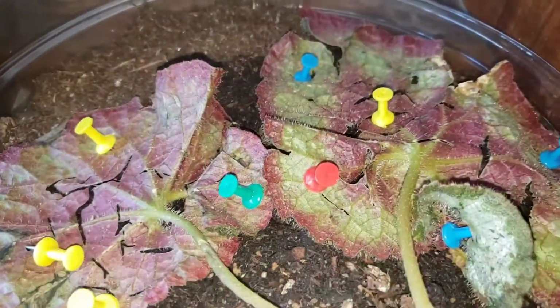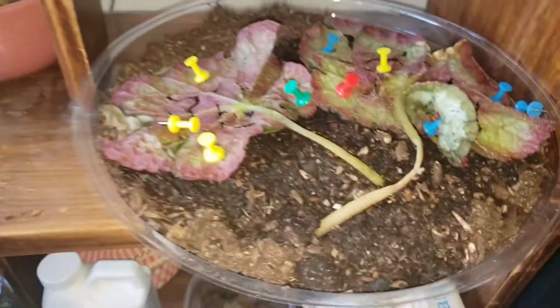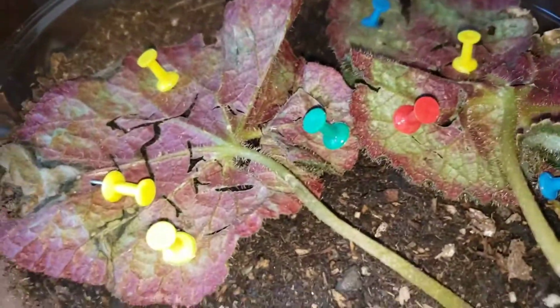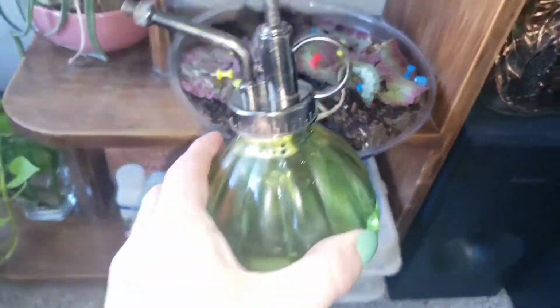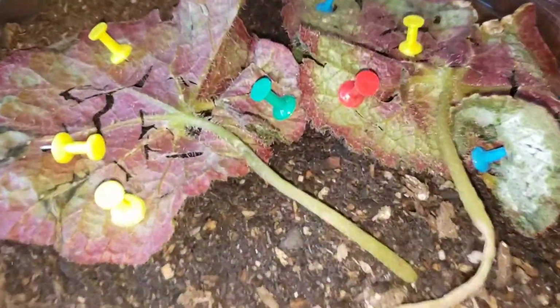Then we have got 1 Rex Begonia propagation, 2 Rex Begonia propagations. This is so new to my collection. I legitimately got it yesterday. Dropped the box when I got out of the car and busted these leaves off, but I'm trying to salvage them. I looked it up and it said if you cut the vein on the leaf that broke off just right there and keep this moist, which I'm just spraying it with my little mister bottle,